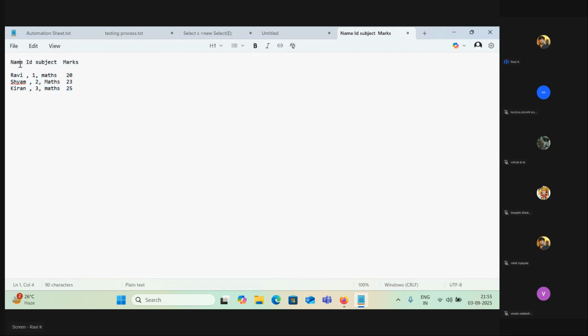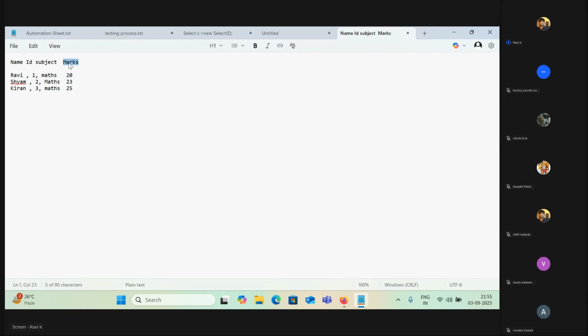Let's say for every name it will take 1 byte, ID 1 byte, subject 1 byte, marks 1 byte. Similarly, 1, 2, 3, 4, 5, 6, 7, 8, that means 16 bytes it will take to send this file via network, only for four rows, right?